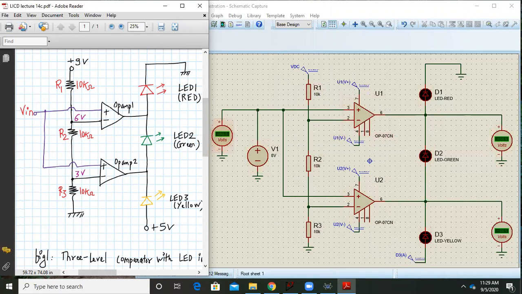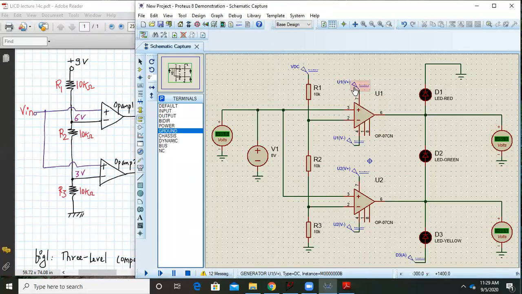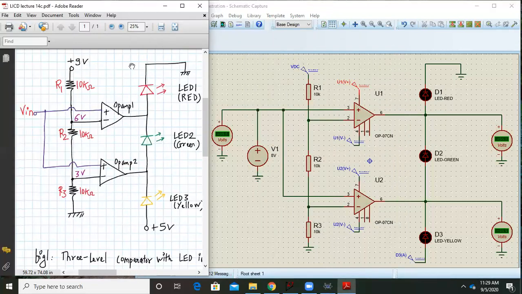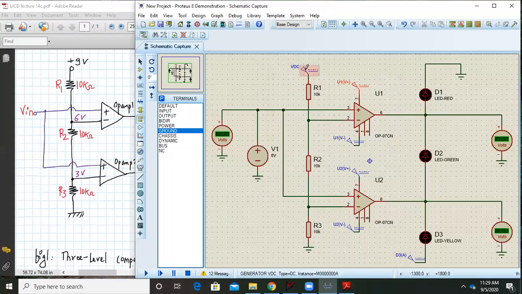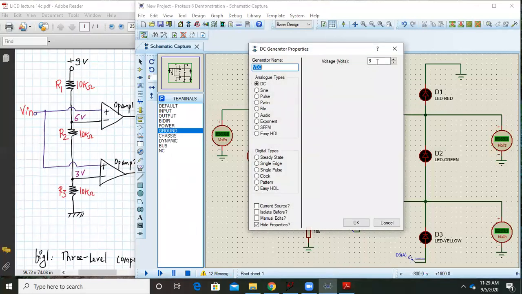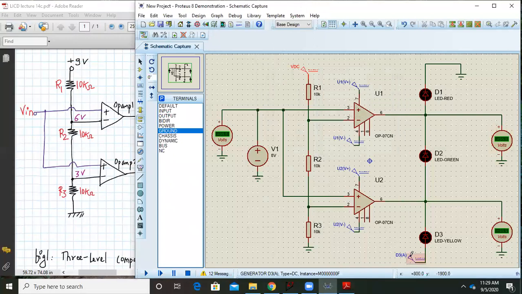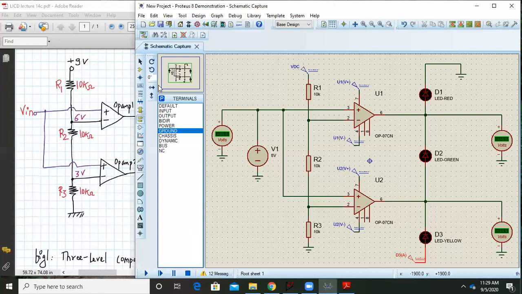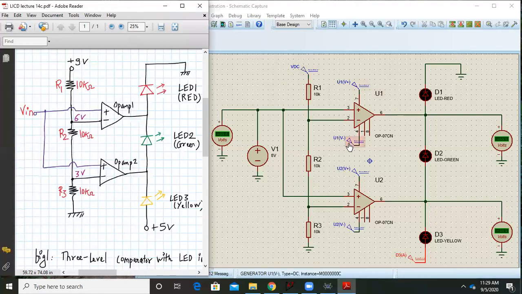Okay, this voltage is 8 volts, and what is the output, plus Vsat, minus Vsat. I've connected 3 DC voltmeters and I've applied plus or minus 15 volts to the OP07. So you can check it out. I'll right click and show it to you. So this is for 15 volts as you can see, and this voltage is around 9 volts. If we right click, yeah, this is 9 volts, and to the anode of the yellow LED we have connected the 5 volts. This circuit to your right that is made in Proteus is exactly the same as the circuit to your left.